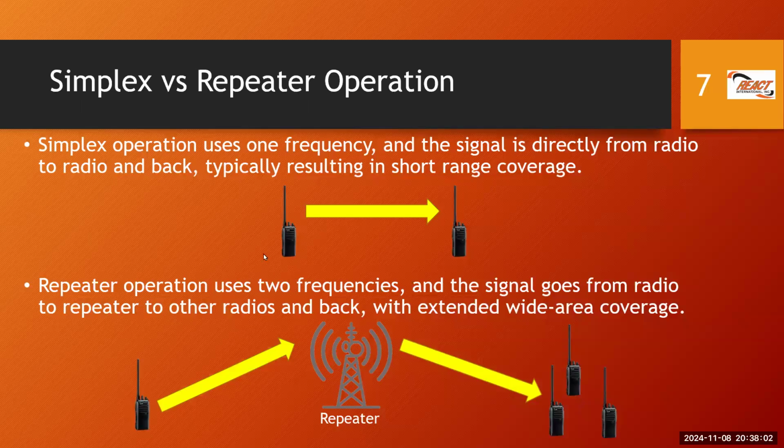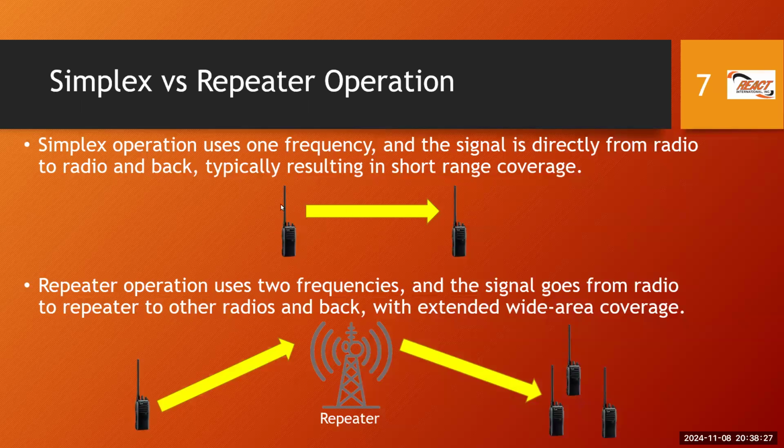The reason is that simplex operation is using one frequency, right? So if we have two radio operators separated by some distance, let's use the Queen's Park Savannah. Most persons in T&T are aware of the Queen's Park Savannah, and one person is on one side, maybe the Santa Ana side of it, and another person is on the side by QRC. That's fairly short range, and we know we can communicate via simplex.